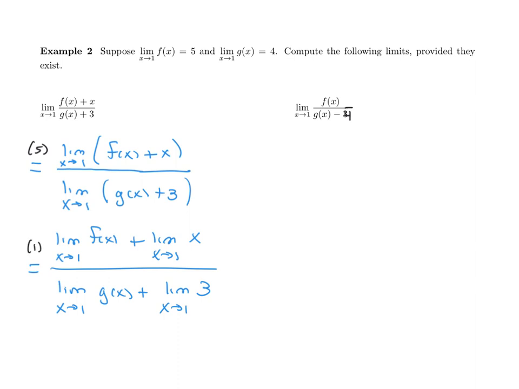Now the last part of this is, oh, well, this is given information. This limit is equal to 5, so I can just put a 5 here. This limit is equal to 4, so I can put 4 here. I'll just plug those in my next step in my fraction. So it's going to be 5 plus the limit of whatever this is, divided by 4 plus whatever the limit